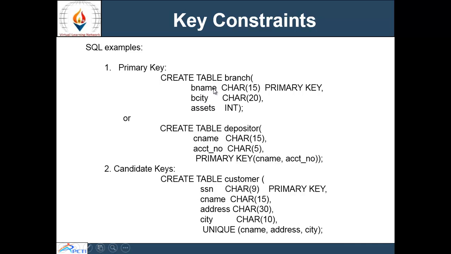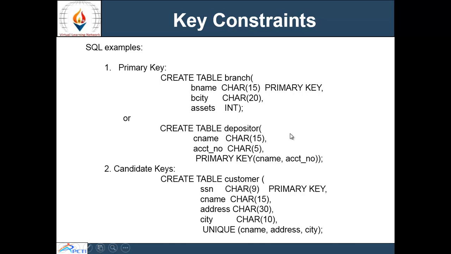Branch name will contain data of character type. So here we specify the data type char, and the size of branch name is 15, meaning a maximum of 15 characters can be stored in branch name. Similarly, the data type of branch city is also character type, and the total number of characters that can be written in branch city is 20, and assets is of integer type.